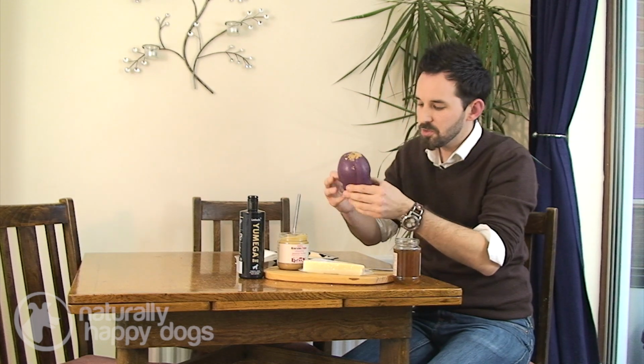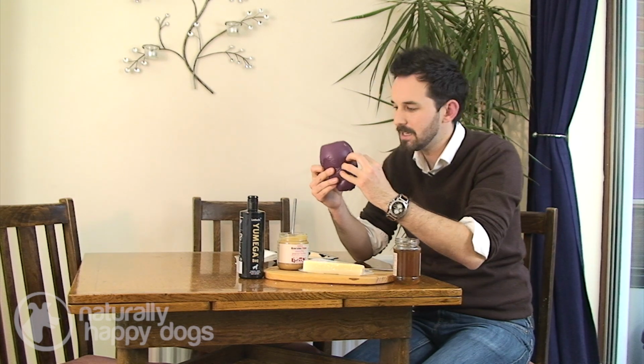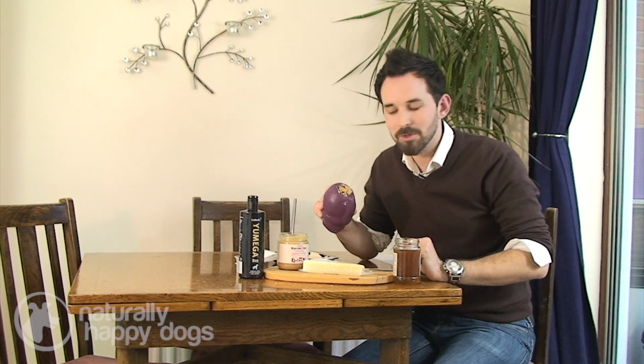And then you have a super tasty treat there with loose bits at the end, really tight packed in meat, a little bit of sweet, and then they've got to get through that peanut butter to get in there as well. There you go. That's tip number 1 for stuffing your dog's chew toy. If your dog's new to this kind of idea about getting food out of their chew toy, I'd give it to them like that. And then once they've got used to the idea of licking all of the stuff out,